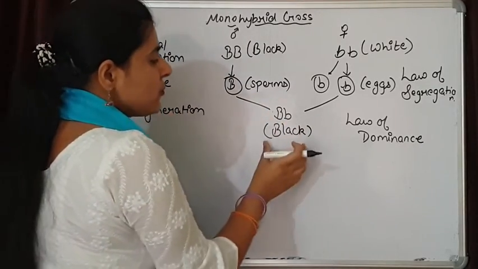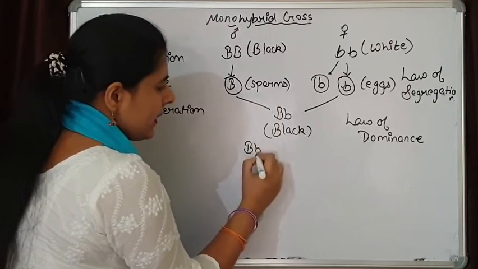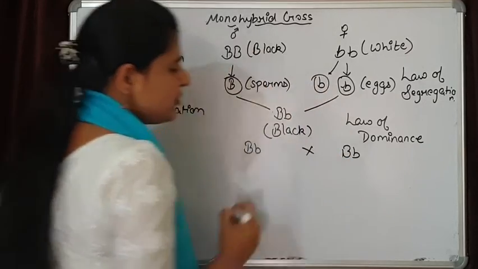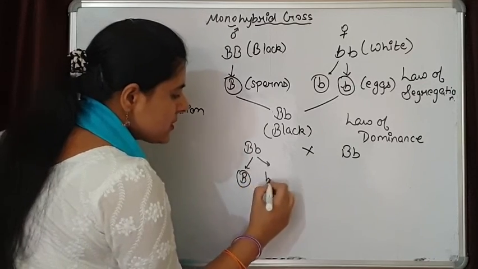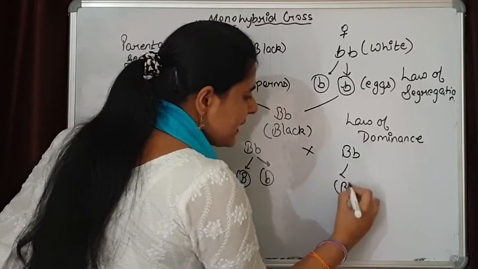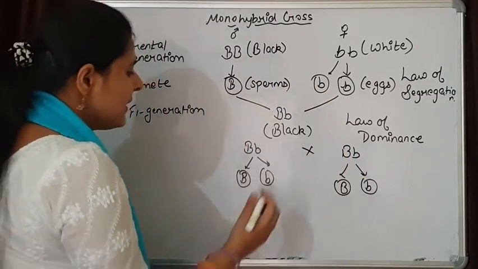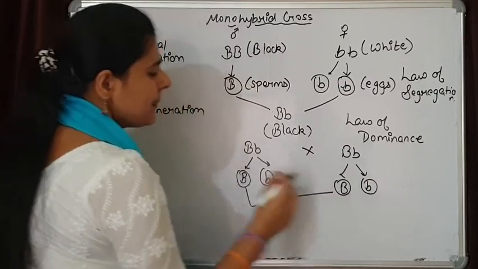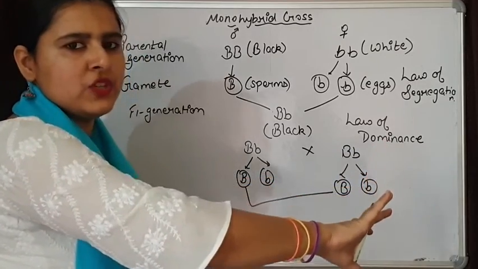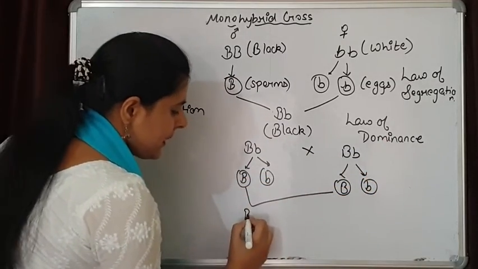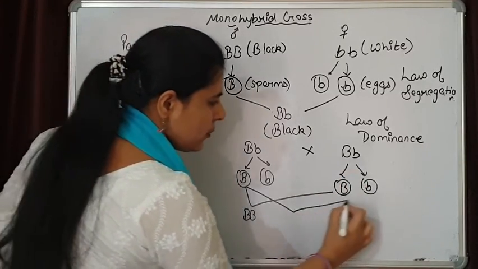So what happens in the F2 generation? There is self-fertilization between these two. The members of the F1 generation are going to self-fertilize. Here two types of gametes are produced. Again explaining the law of segregation, these unit factors are going to segregate from each other, and they combine randomly. This is completely a random chance. That's why I am showing all the possible combinations that can be formed over here. This can combine with both of these two. I am writing both the possibilities.